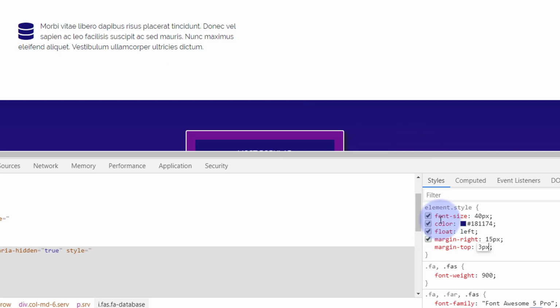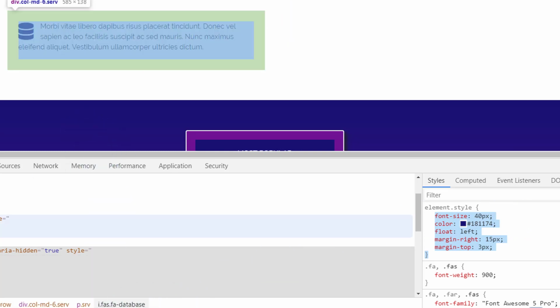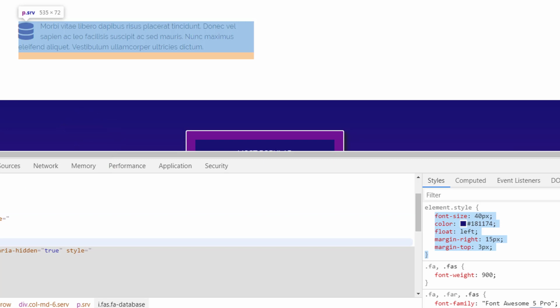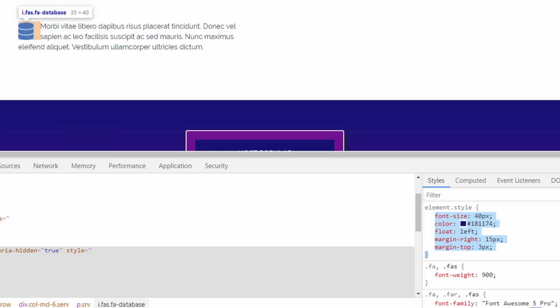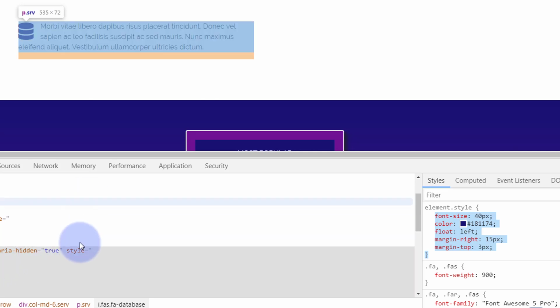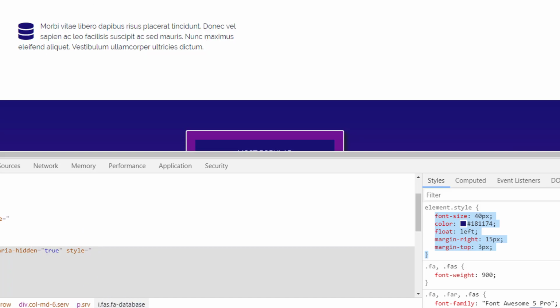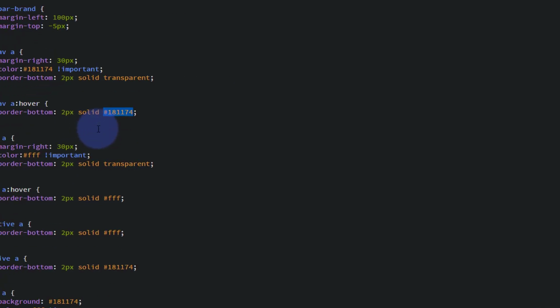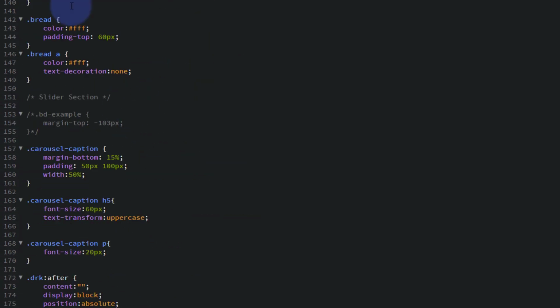So let's just copy this CSS, left click and drag to copy. I'll put this CSS below the video as usual. Control C to copy. Let's go back to our style sheet. And we want to target SRV because it's within this P class right here. So it's going to be SRV I for the icon, and we should be able to target that. Okay, let's go down to the bottom